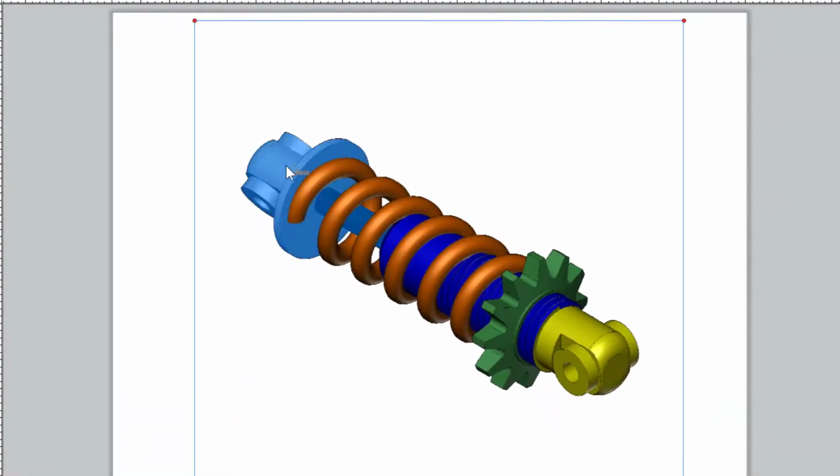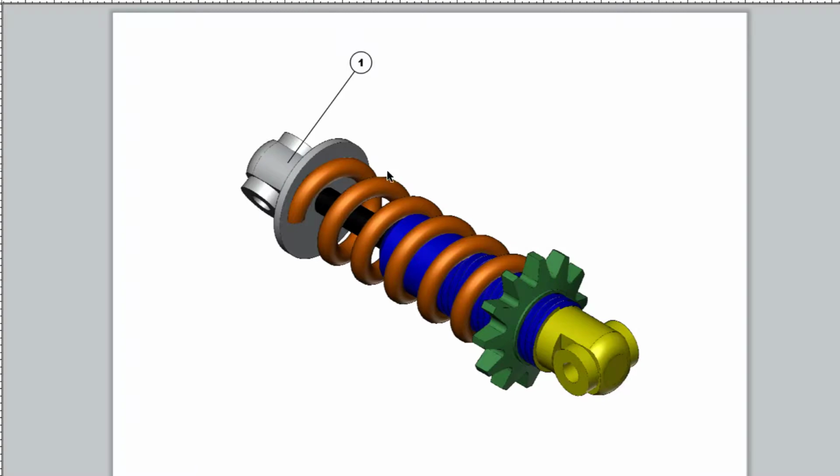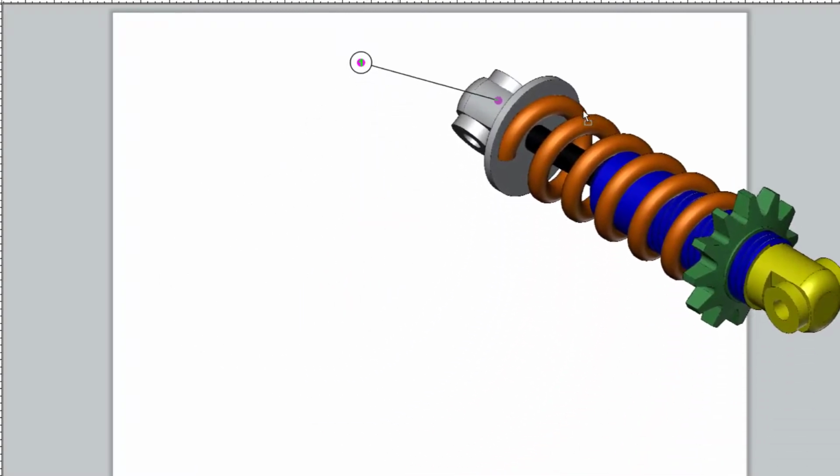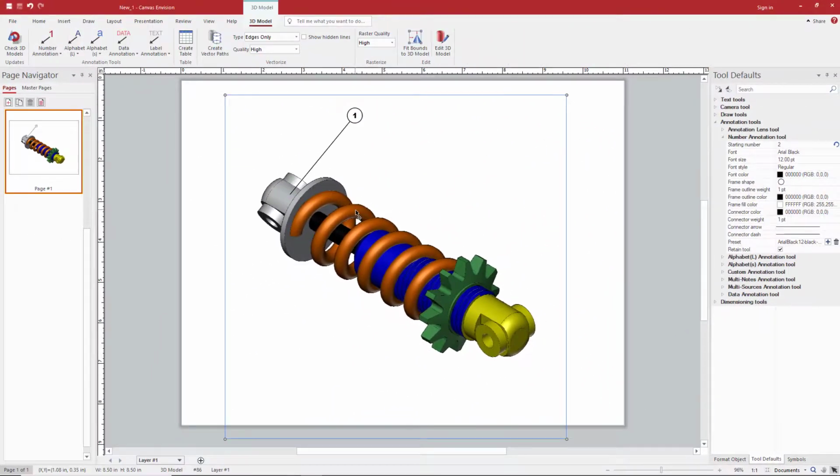All the parts will be highlighted as I navigate among them. This is because the labels will be attached to the 3D model part you click on. This means that if I click the base and place the label here, no matter where I move the model, the label will stay put with the base part of the model. This is the case for all labels from 1 to 4, as well as the letters from A, B, C,